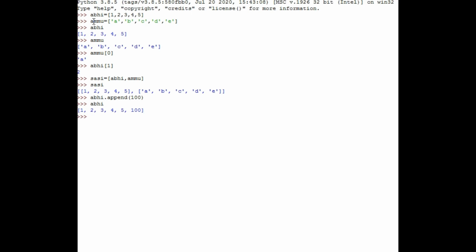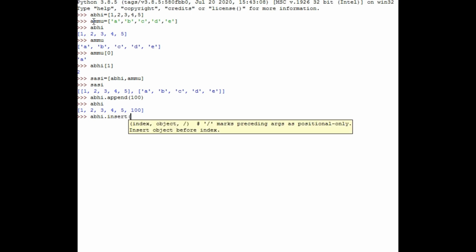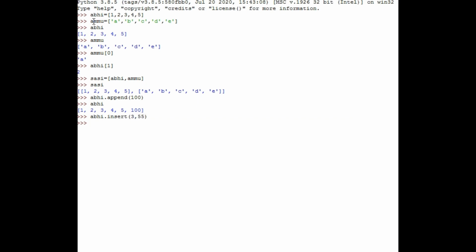And let's insert a new value with the help of the insert function. I will execute it and then tell you the main difference between insert and append. ABHI dot insert, and let's give a location 3, and the value 55.